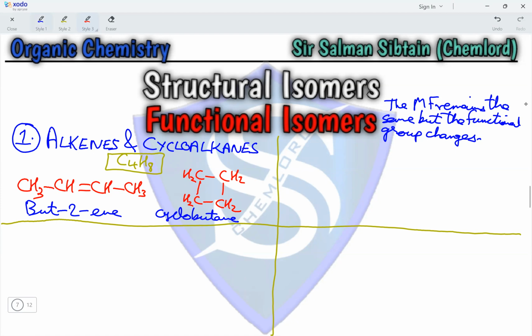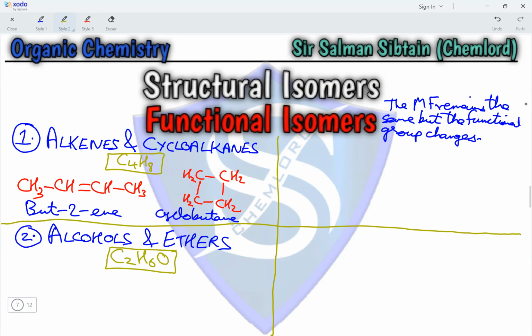The second set of functional isomers is the combination of alcohols and ethers. For this set of functional isomers, the molecular formula that we will be using would be C2H6O, and the alcohol that C2H6O represents is CH3CH2OH, called ethanol,